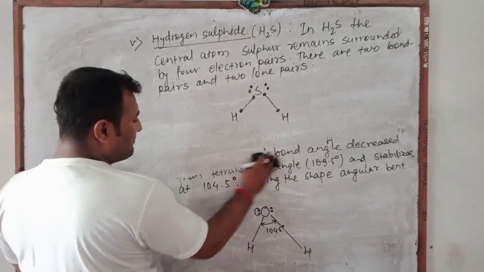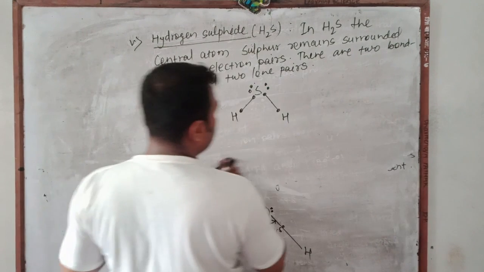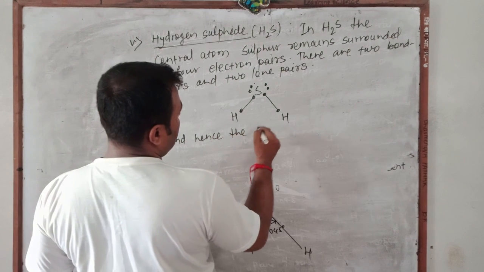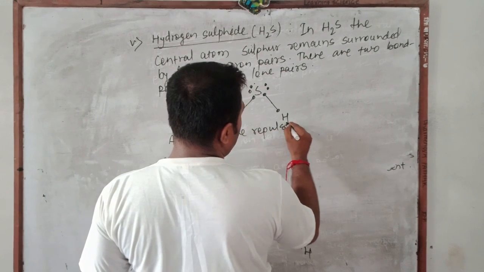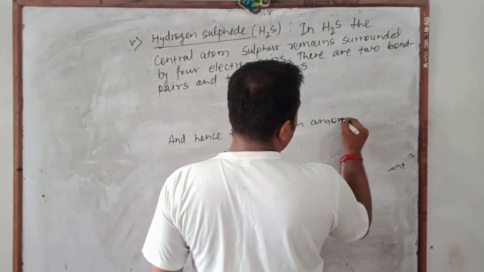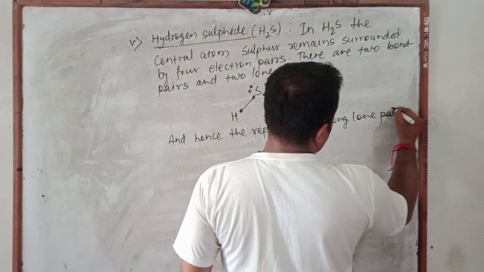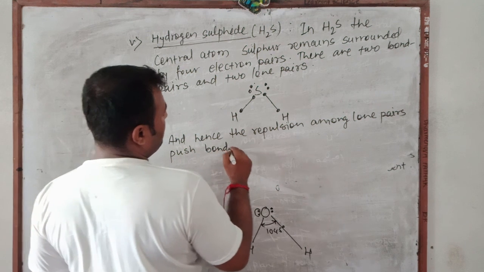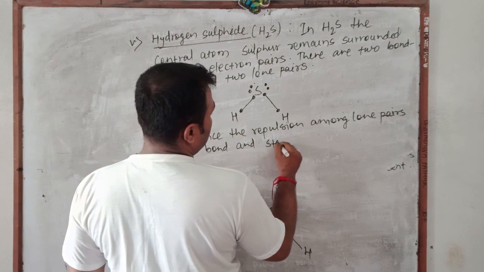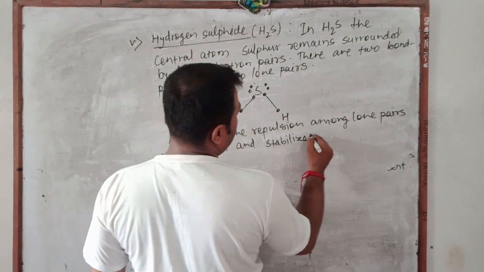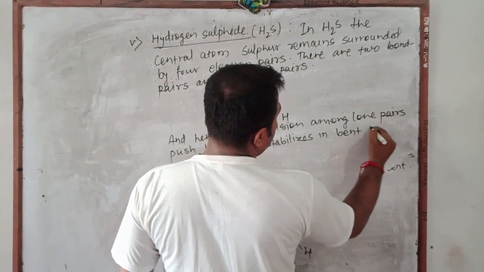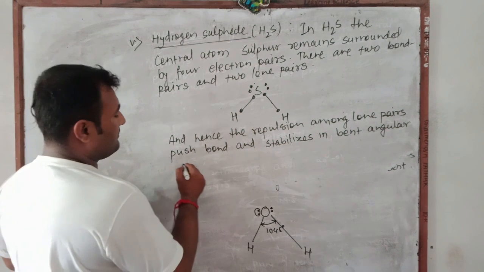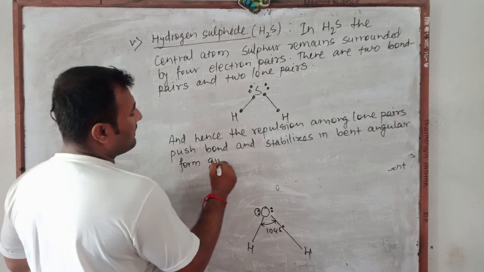We know there is maximum repulsion among the lone pairs, and this repulsion pushes the bonds and stabilizes the molecule in bent angular form, giving the bond angle